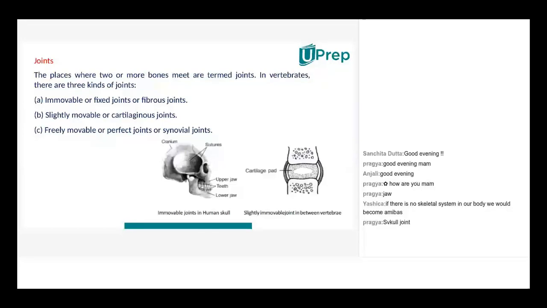Slightly movable can be the knee, ma'am. It will only allow you forward and backward. Backbone. Movable will be basically something like a hinge joint, like our knees, like our elbows. Ma'am, in the ebook I read that the backbone is the slightly movable one. Okay, yeah, it is there, of course. But the classic example would be something which gives a forward and backward movement, like a hinge, right? And what is an example of freely movable joints? Neck. Yes, neck.